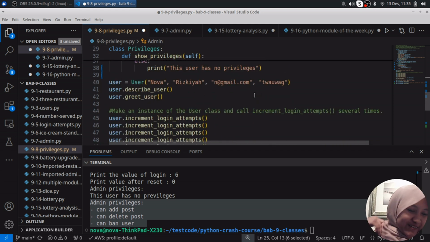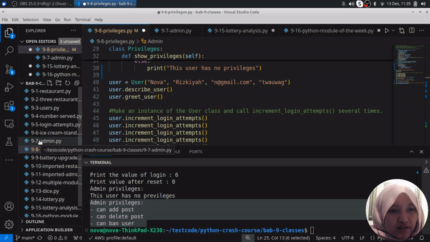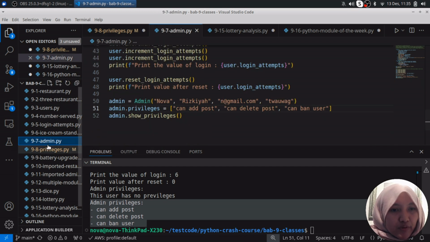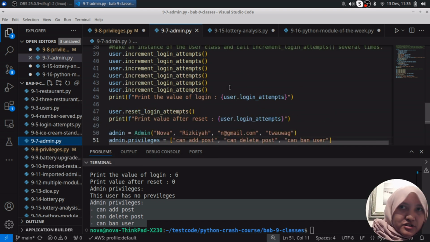It's quite hard to articulate why it is extra work compared to before. When we use 9.7 in the admin, it is quite easy to understand that we have a parent as a general, and then we have a specialist in the users as the admin class, and then in this